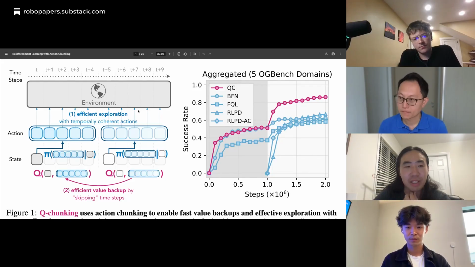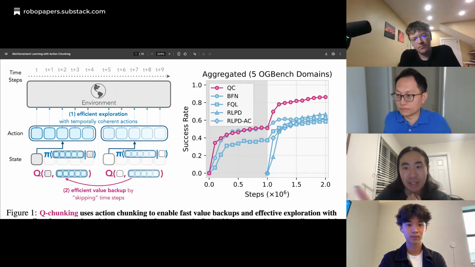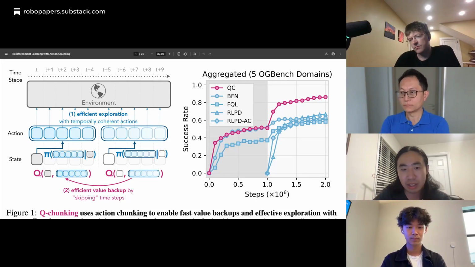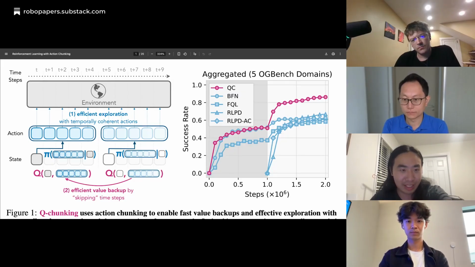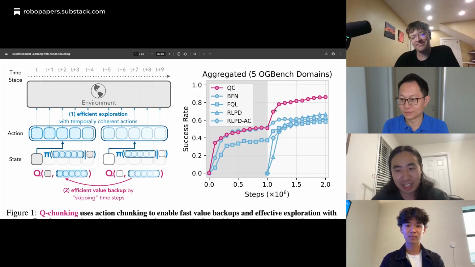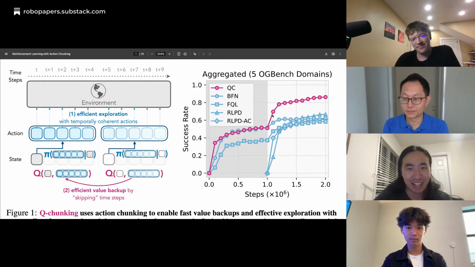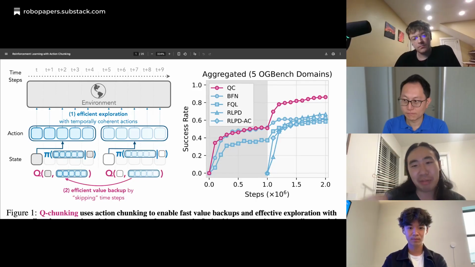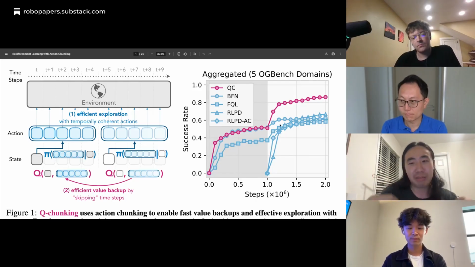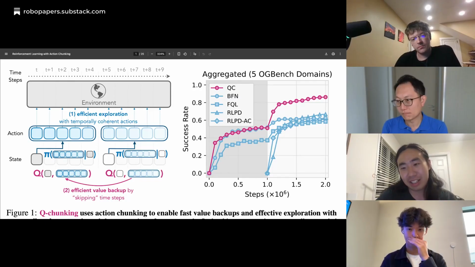So I guess one caveat along that side of real robot learning is that if you notice, the number of steps here is in 10 to the power of 6, which is in millions. Each dot here means 100K steps in the environment. So that's a lot of steps, obviously. But this is also because we test with an extremely low update-to-data regime, where we are only updating once per environment step.